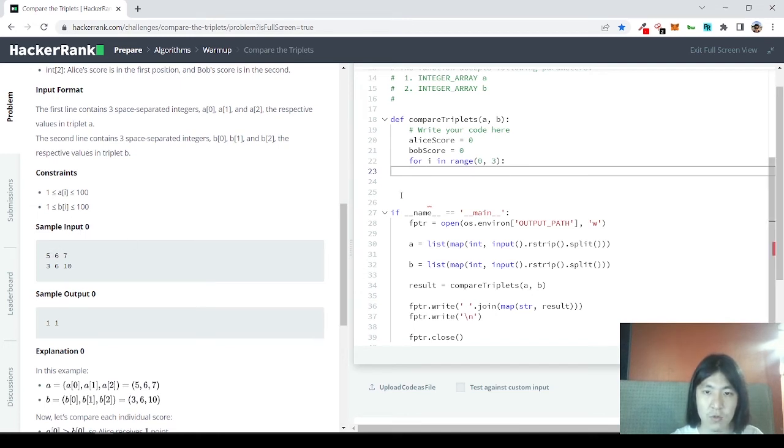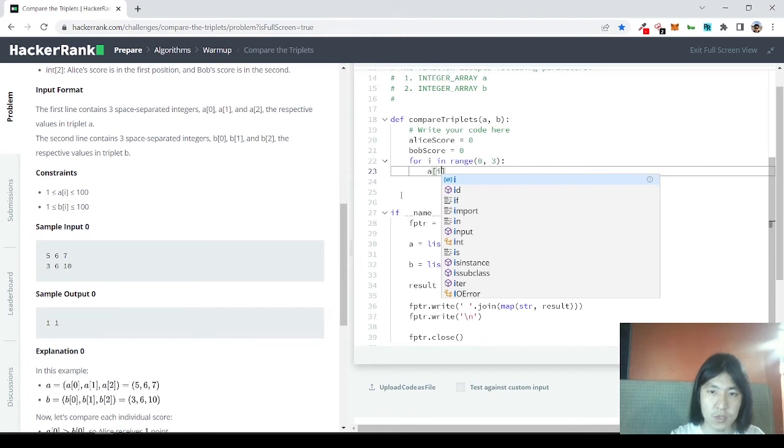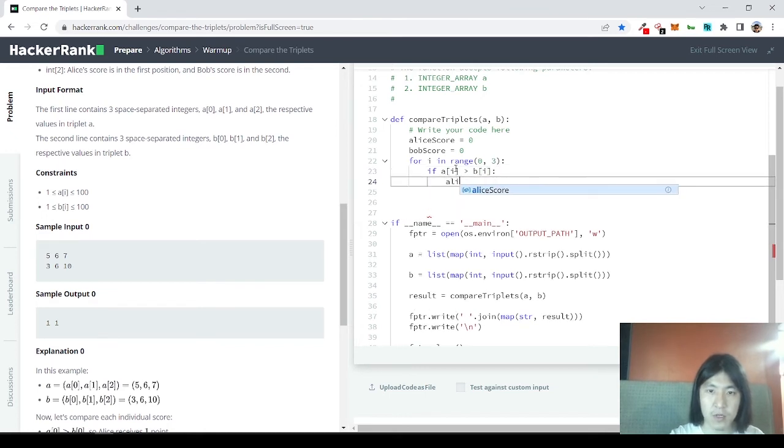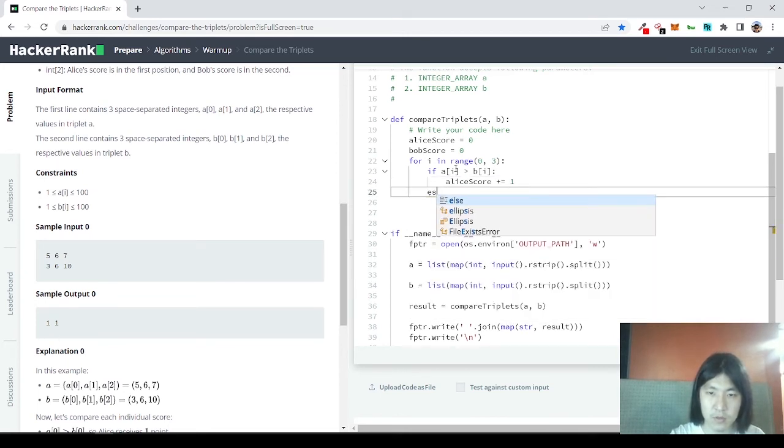So we put A, the index number, which is i, right? The first iteration when i is 0, it's going to be 0. And then also B index i, which is going to be 0 the first time, 1 the second time, and 2 the third time. Okay, and then we're going to get Alice score plus equal 1. Perfect. We're going to do an else if